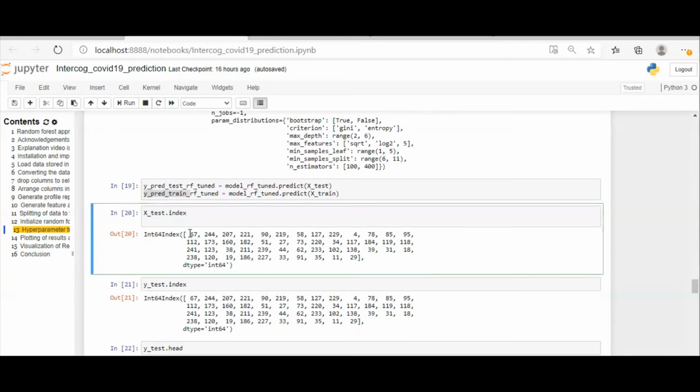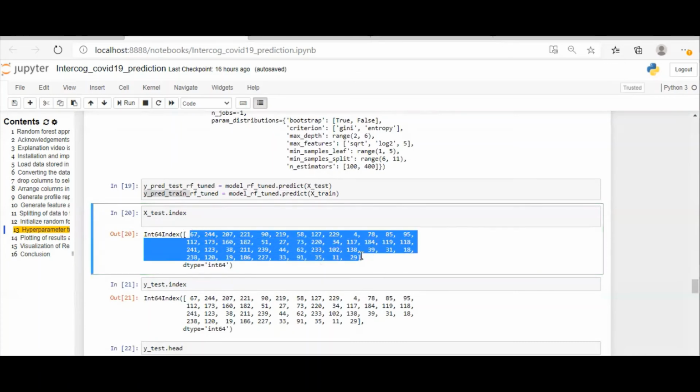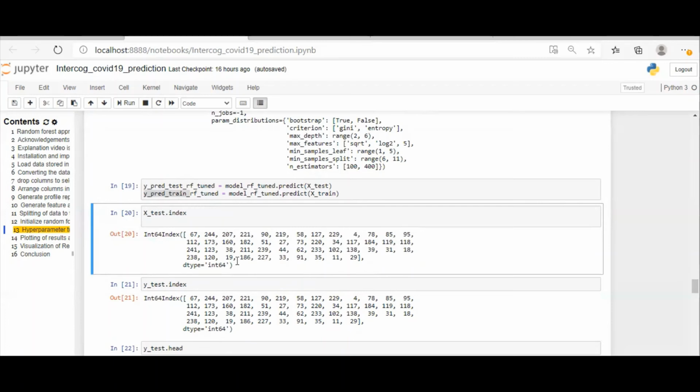So this shows, corresponding to the date entries 67, 244, etc., the values that are taken by the random splitting. So this may be different when you are running, because the model is taking the test and train indexes randomly. So each time when you are running, this number may change. But however, it will be 20% of the data that you have given.